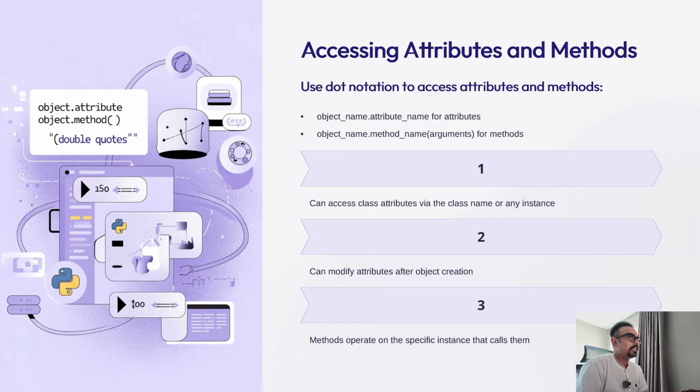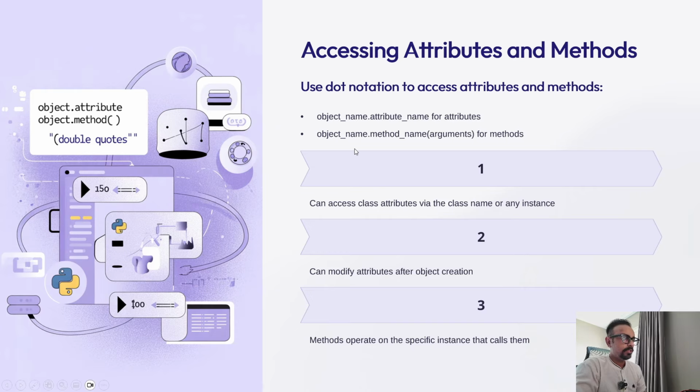So now see what's next. Now let's talk more about how we can access attributes and methods, like how we call them. Once we go ahead and create objects, we can access these attributes and methods using dot notation. Attributes are accessed by writing the object name followed by a dot, then followed by the attribute name. For the methods that we define inside our class,